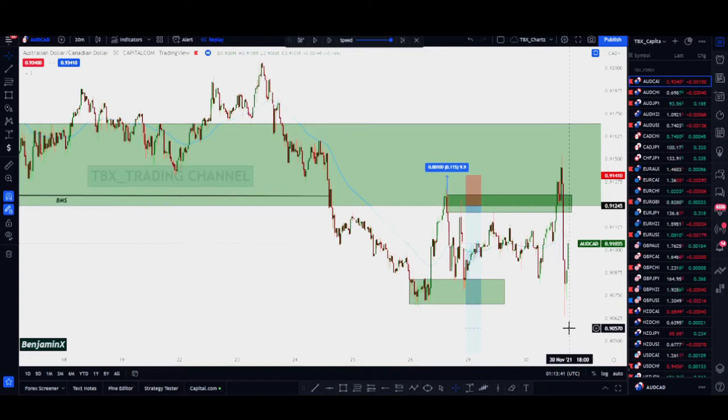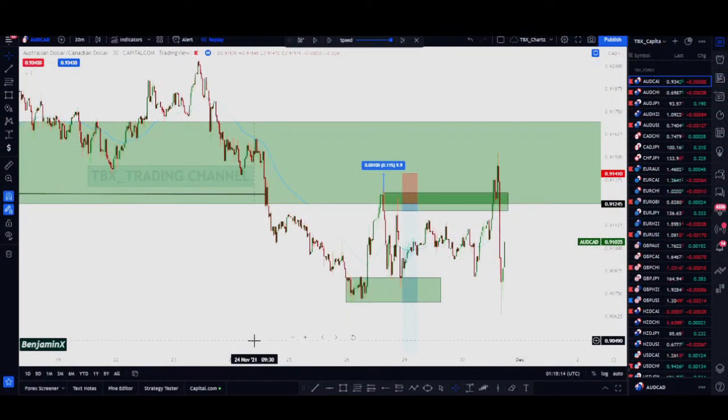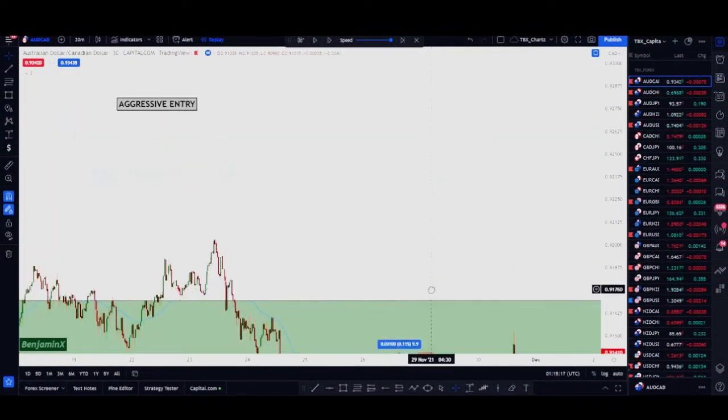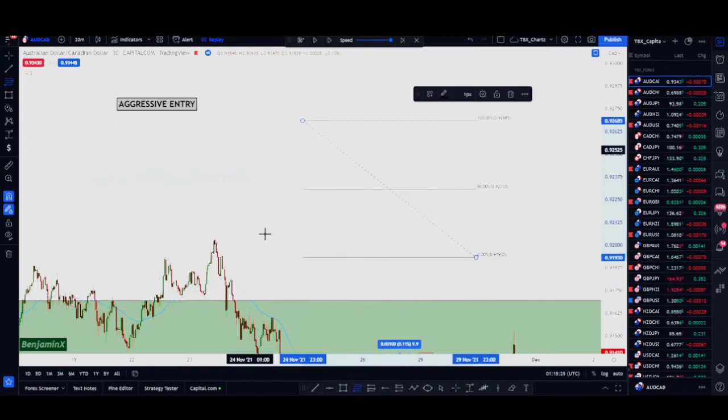And since I know that price is going to break this consolidation to the downside, it means I should be looking for entries around the upper side of the consolidation. That's the reason why we say you buy at discount and you sell at premium. Now, for a matter of fact, let me bring out my Fibonacci. Now that price is in a downtrend,